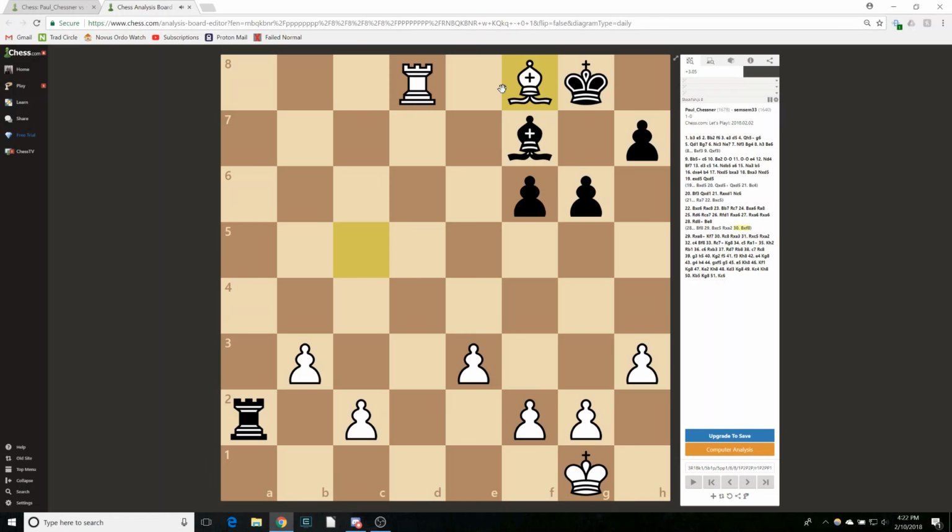We're going to stop here for a second. Right now, we both have rooks. He has a bishop, but I do have 3 pawns on top of his advantage. So material-wise, it's even. And I'm going to have to play for my